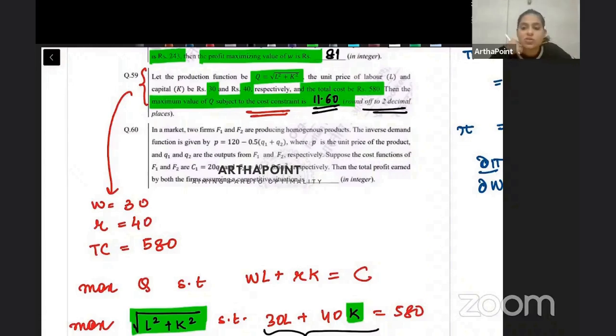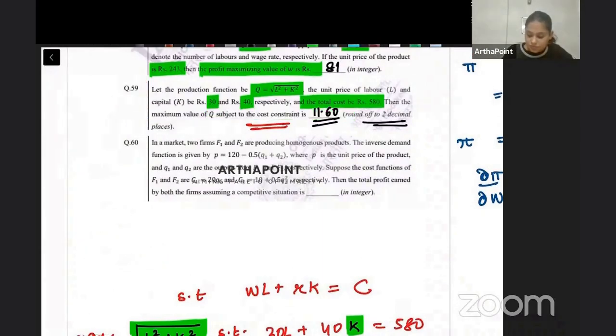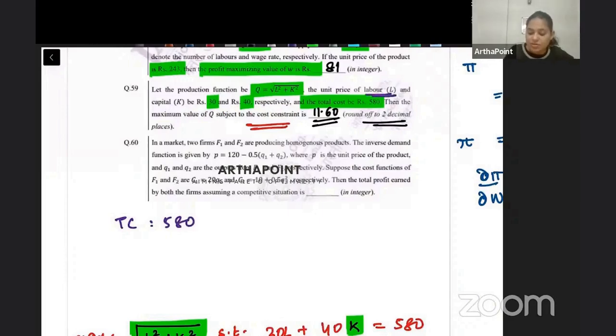These are not substitutes of each other. I mean, why will I just use one of them? I will use both of them because my production function depends on both labor and capital. So just using one of them is not going to help me in that case. If you just go ahead and do this, what do you suggest? So if my total cost is 580 and I just use labor in this case, divided by 30,